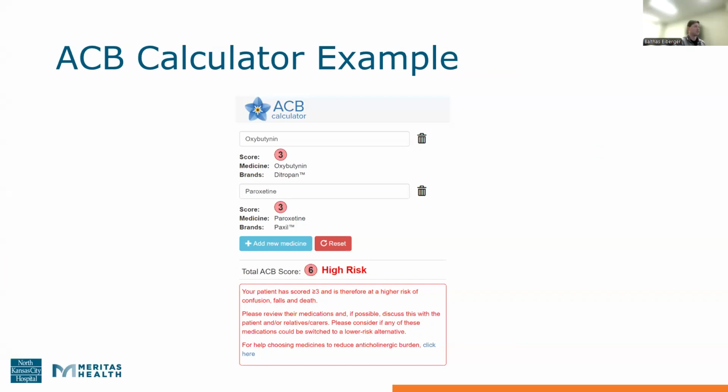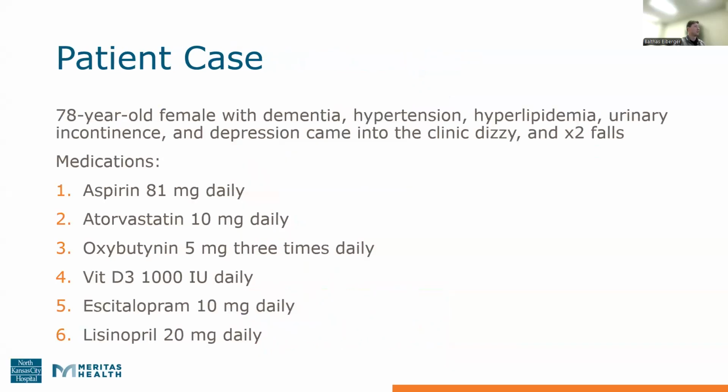Another really interesting thing about this calculator is towards the bottom, where it says click here, in blue. If you do click there, it takes you to a different page and they provide some recommendations or alternative therapies to consider using to lower your anticholinergic burden. All right, so that takes us to the end of what I was wanting to talk about